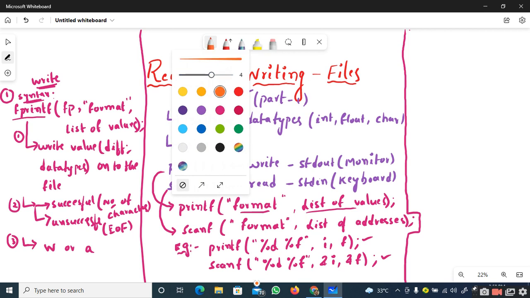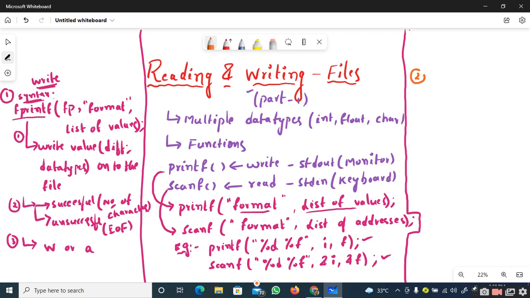Let us see another function that supports files in C, and this function is used to read multiple values, a variety of different values like integer, float, char at a time. The function that is used to read multiple values from the files is the fscanf function.